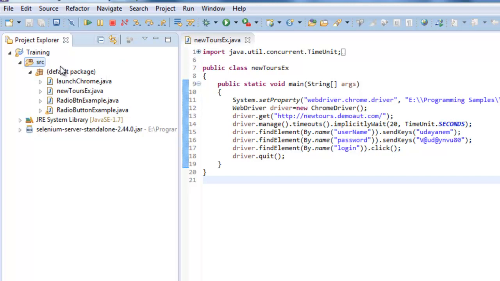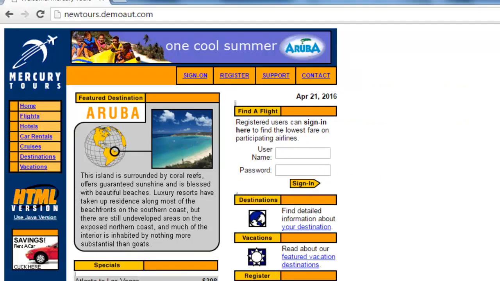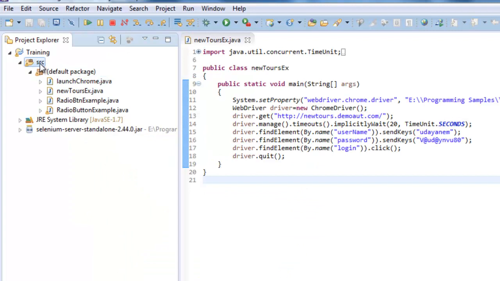Okay, let's see how we will convert this into a page object model. Generally, for object identification, consider this as a login page. We want all the objects in this page to be kept in that login page. All right, we will be separating the script in a separate file. So first let me create the object identification.